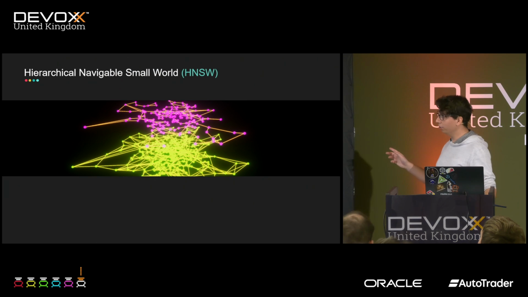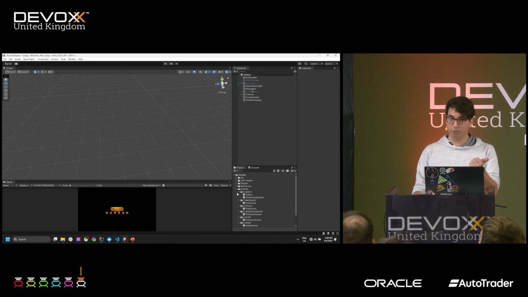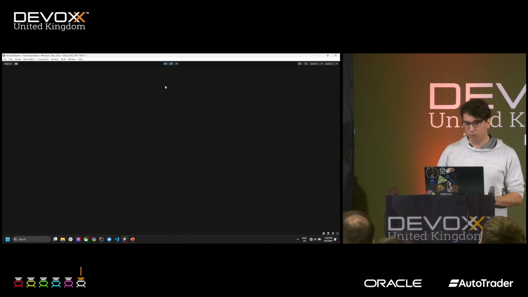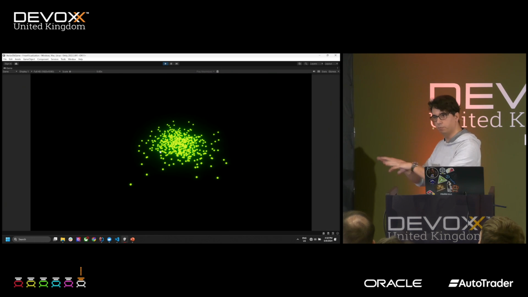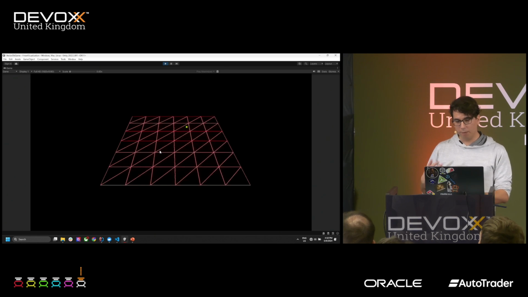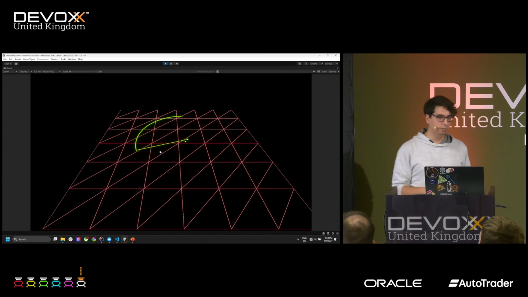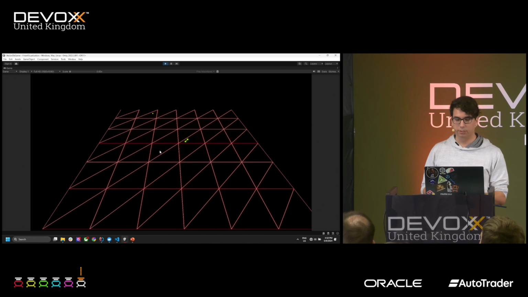And then hierarchical navigable small worlds are a bit trickier to, well, first pronounce, secondly explain. So I tried to do it like this. Let's say these are all the data points we want to be putting in a database. Every single time you insert something in the database, the indexing algorithm is going to do a proximity search around the new object that just entered the database.